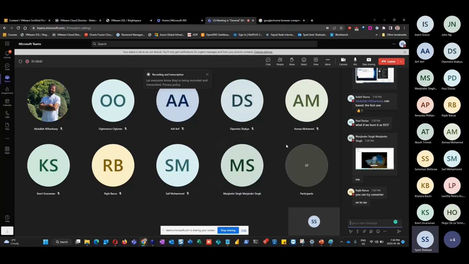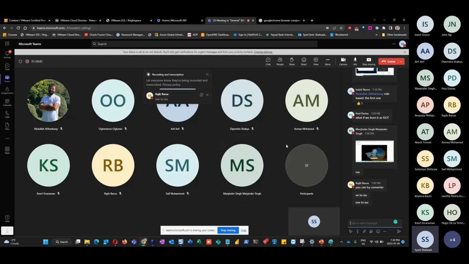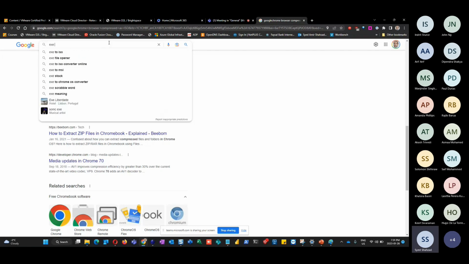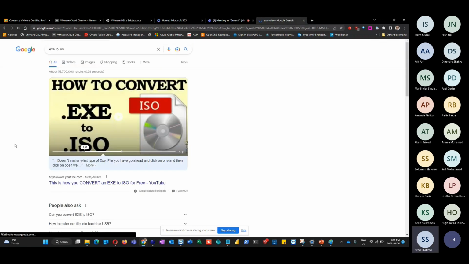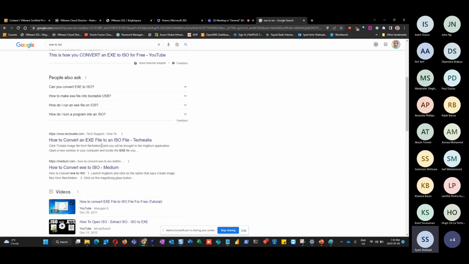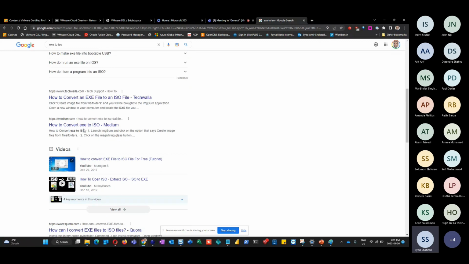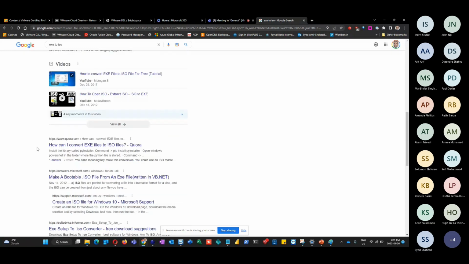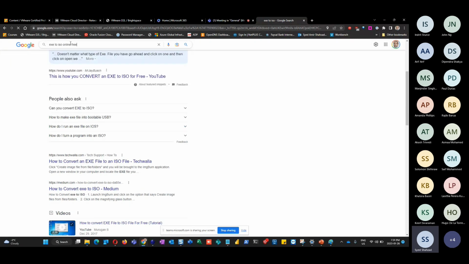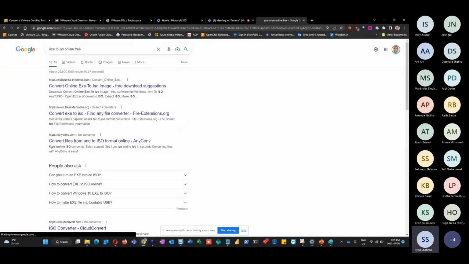Oh, Rajib says you can try converter EXE to ISO. Oh, EXE to ISO. Yeah, good idea. EXE to ISO. Is there a program, or is it online? EXE to ISO. EXE to ISO. What is that? Oh man. Online free. Oh, let me just search online and free. Oh, you know what? There's